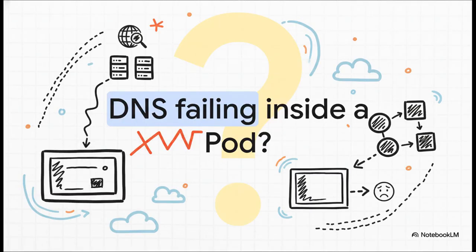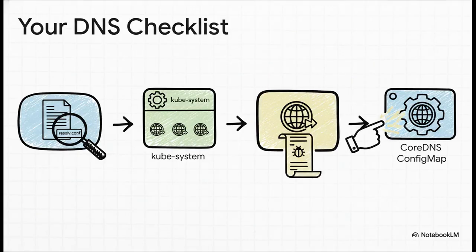All right, here's another classic. Your pod seems to be online, you can ping things, but it can't resolve any of your service names. This looks and feels like a network failure, but nine times out of ten, it's actually a DNS issue. For DNS issues, your first stop should be inside the pod itself. Check out the